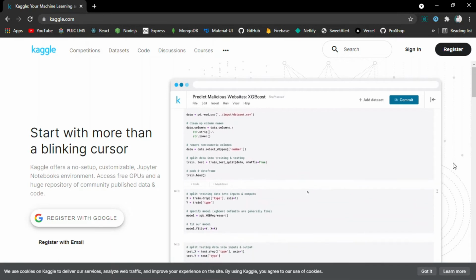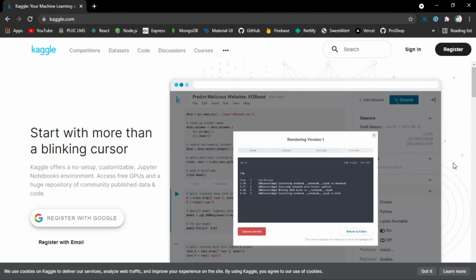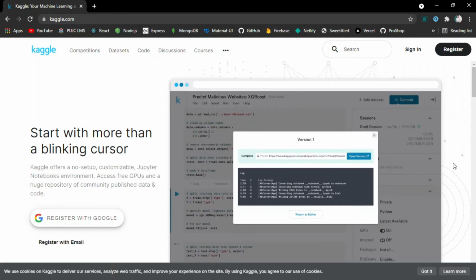Kaggle offers a no-setup, customizable Jupyter Notebook environment where you have access to free GPUs and a huge repository of community-published data and code. So if someone is enthusiastic about data science and machine learning, then Kaggle is the one